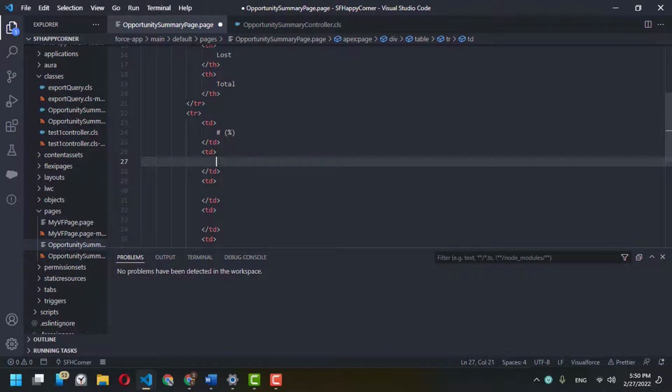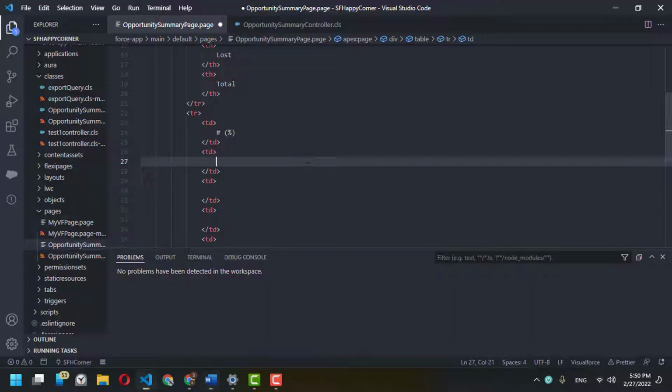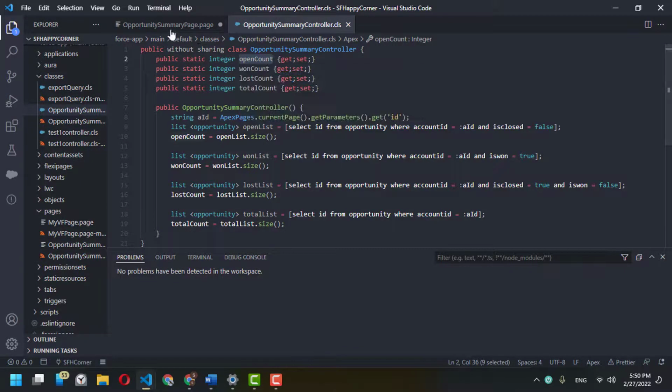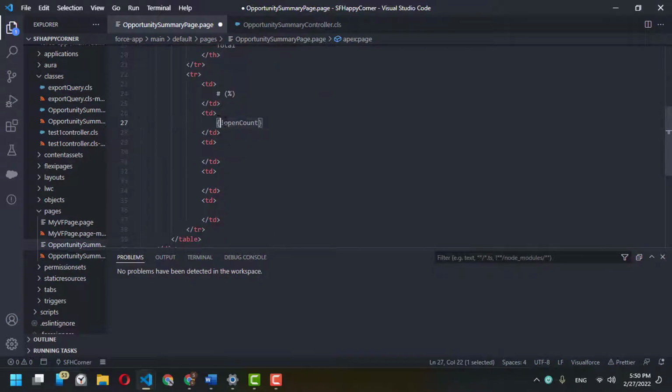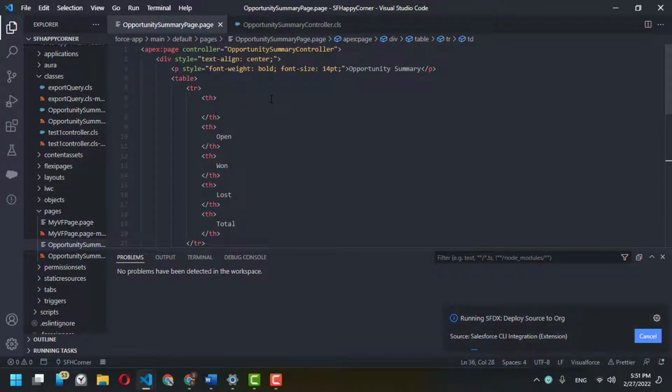Okay, and the value inside the second cell in the second row should be the open count. So I can quickly say open count because I am linking this page to this controller. It can read the open count variable, and I will do the same here. So this one should be won count, and this one should be lost count. This one should be total count. Okay, if we save our page now,